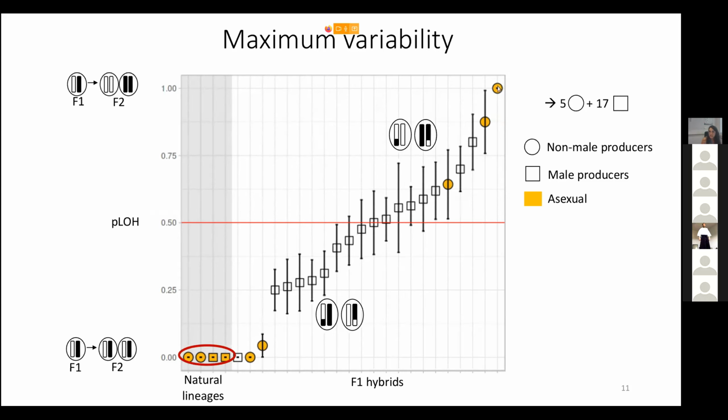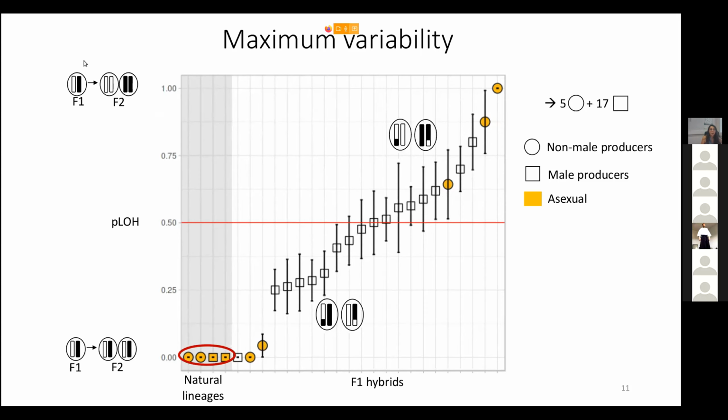Moreover, you certainly noticed that the only phenotyped F1 hybrids are the non-male producer. This is because, as I just said before, the non-male producer cannot produce ephippia that contain embryos unless they are asexual. So we are sure that these clones, the embryos we collected in the ephippia of these clones, are produced asexually. And when we looked at the loss of heterozygosity rate they have, this could be explained by the two